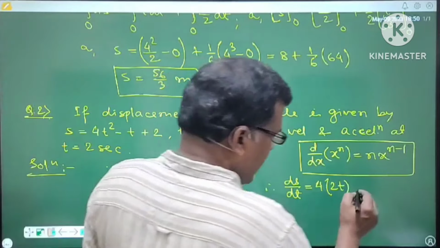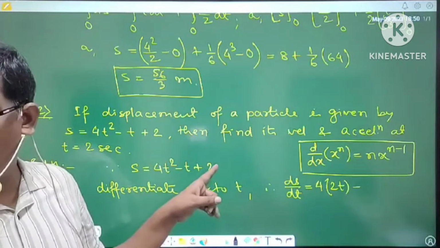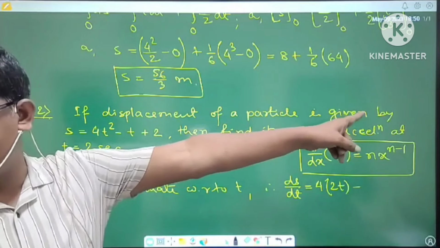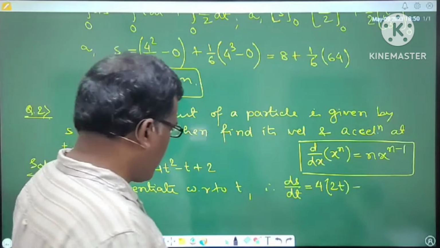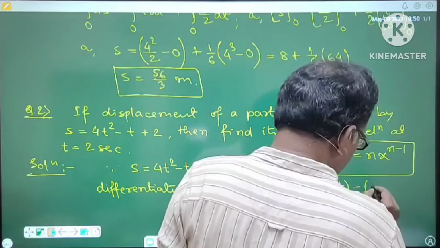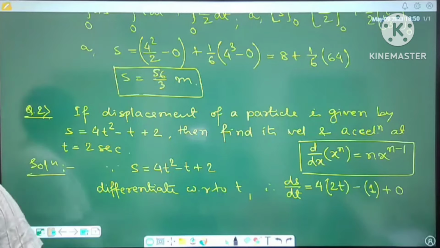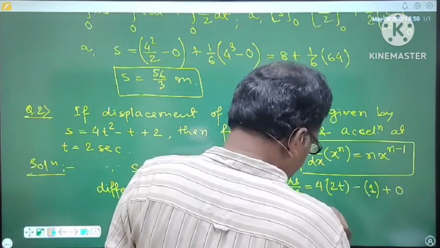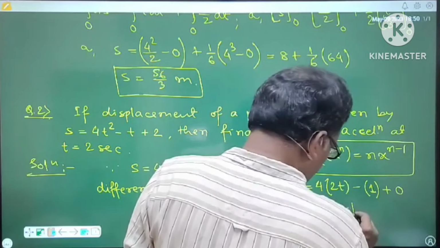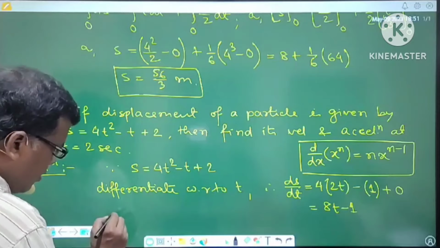And the second one is minus t, what is the power of t, 1, so its differentiation will be 1 into t to the power 1 minus 1, so the power 1 minus 1 is 0, anything to the power 0 is 1, so that differentiation becomes only 1. And the constant term differentiation is 0, 2 is independent of t, it is a pure constant, so its differentiation will be 0. So we are getting it as 8t minus 1. It is 8t minus 1. So this ds by dt